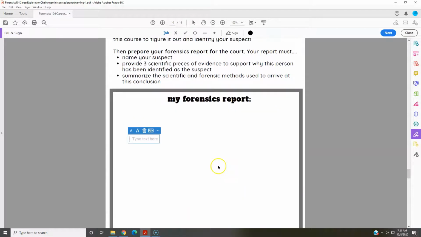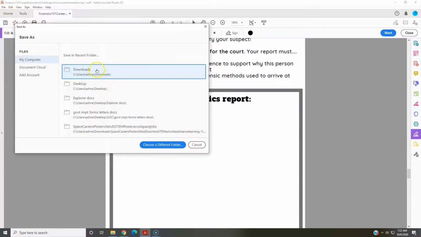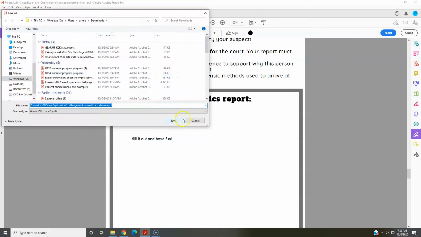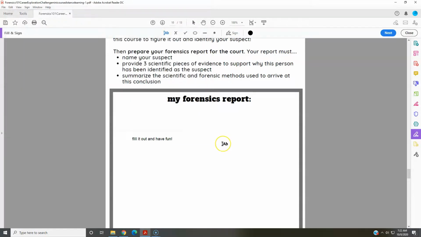And so on. Just as more food for thought, the PDF can be uploaded directly into your distance learning classroom. So for example, Google Classroom, you can just upload the PDF itself to your classroom. Students can download it, they can fill it out and have fun, and then they can save as their own copy and either send it back to you or submit as an assignment in Google Classroom or